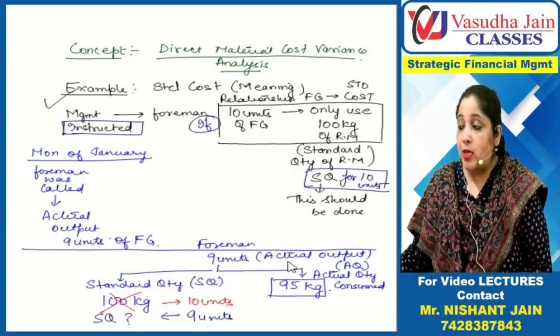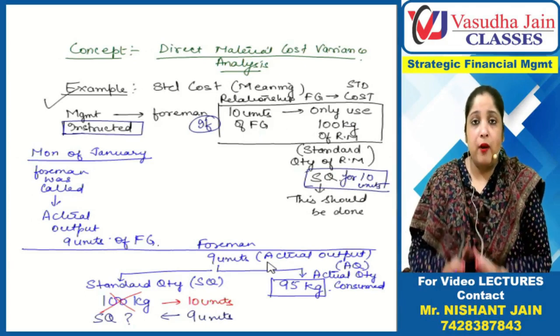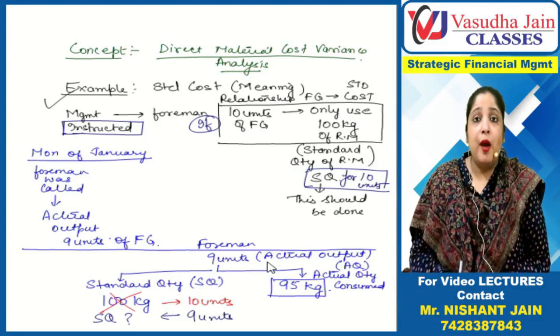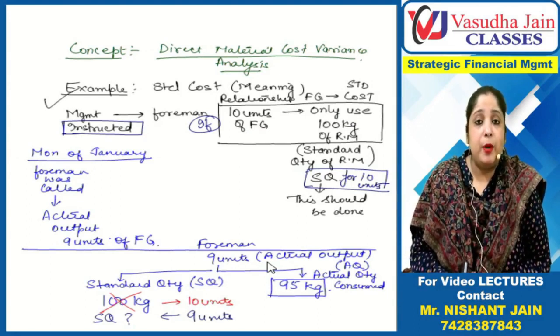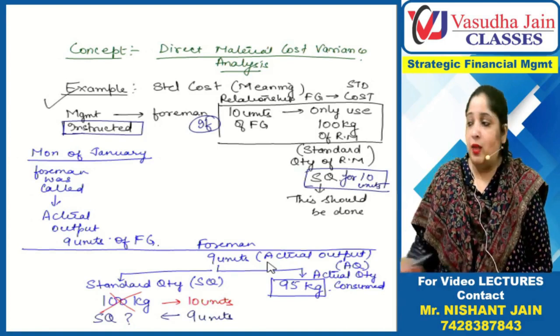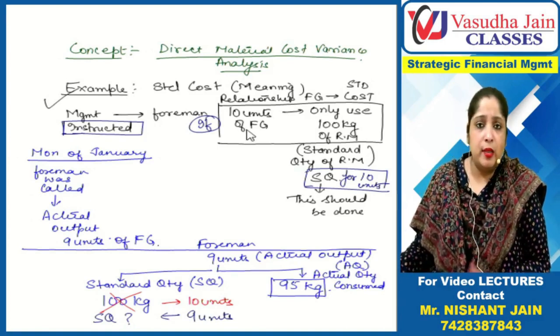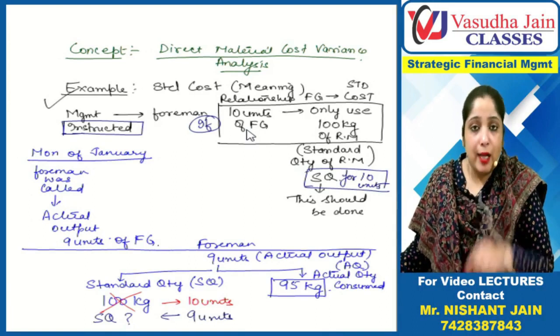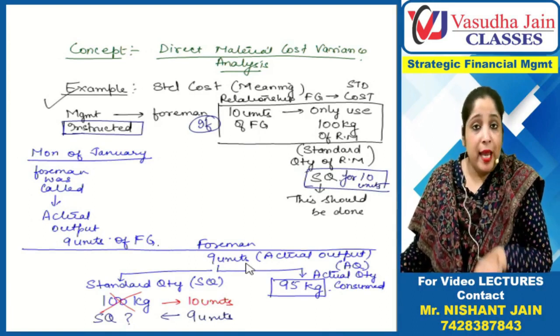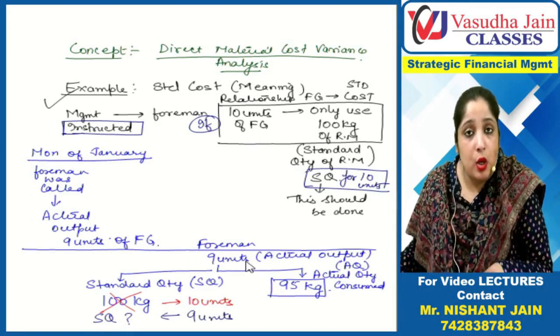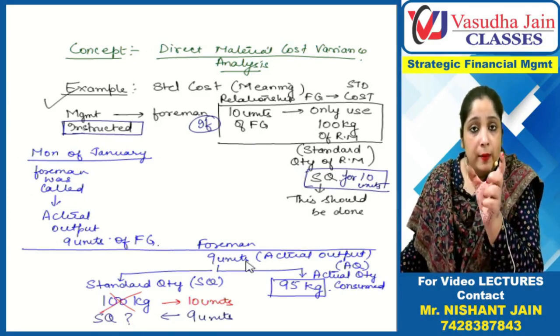But in actual, how much have you produced? 9 units. So whatever in actual you produce, you have to investigate whether it has been produced correctly or not. Whatever the planning was of 10 units, 20 units, 30 units, forget about that. What you have actually produced, check whether it has been produced correctly or not, within the limit,